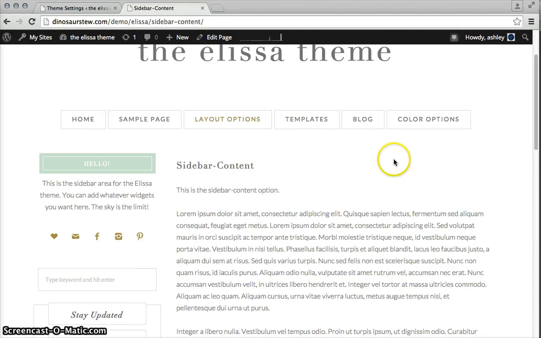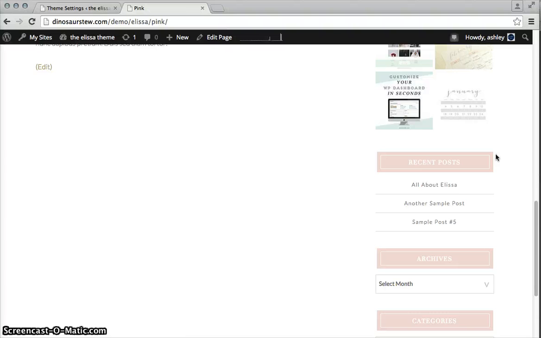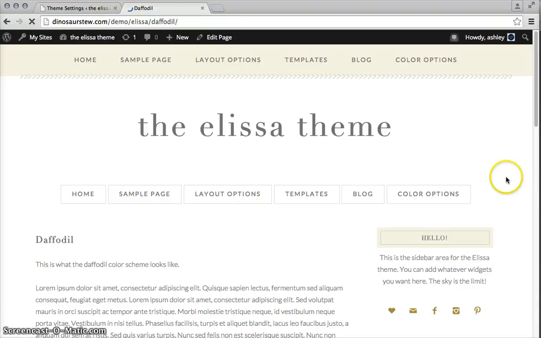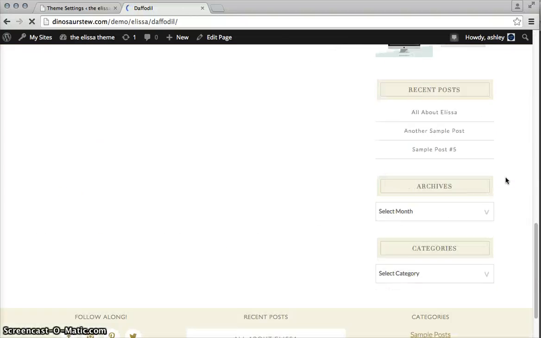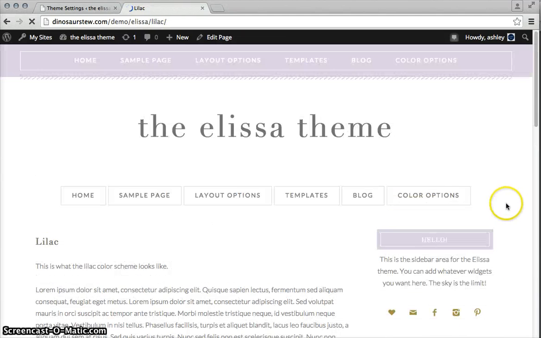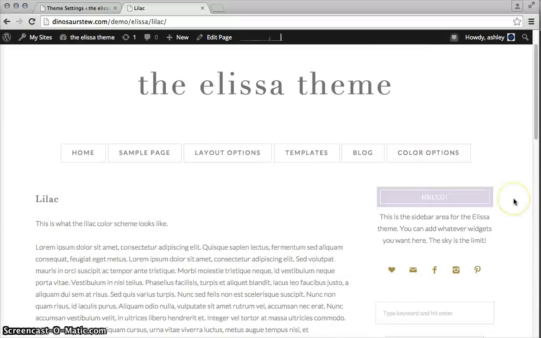Also with this theme comes color options. This is the default, the one that I've been working with here. There's also the pink. Looks like that. There's daffodil, which is a yellow. Looks like this. And lilac, which looks like that. And your social icons don't have to be this gold color, by the way. You can change them to whatever you want. I also have a custom